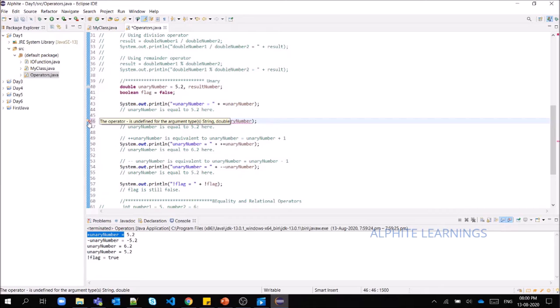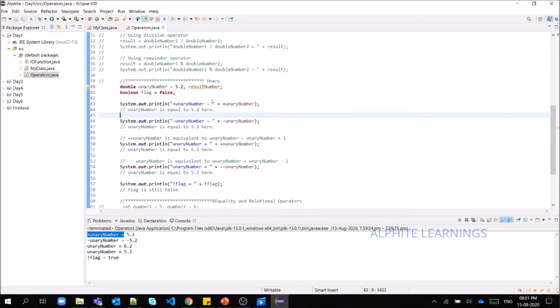This operator minus is undefined for the argument type String and double. Okay, I want to combine this number, I mean, I want to merge these two and print them. So I'm just giving this concatenation operator and I'm going to print the values. Concatenation is the word you would know if you're familiar with Excel, we use the same word in Excel also, to combine two cells. So that is the word I'm using here as well, concatenate. In the case of numbers, adding two numbers, we say addition. When it comes to string or some other data type, it is concatenation.